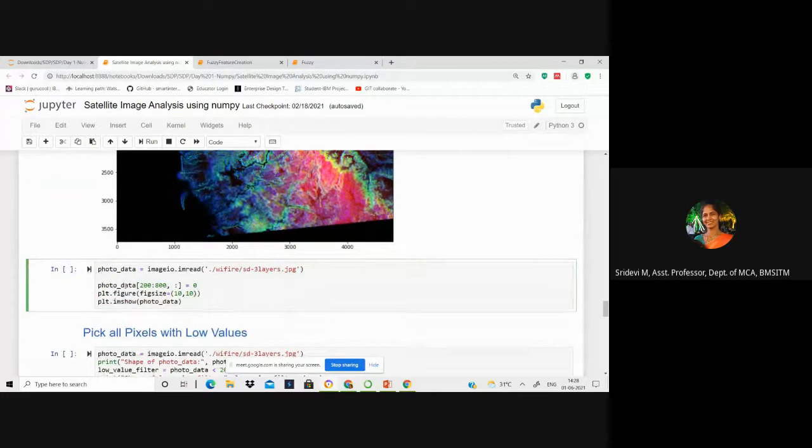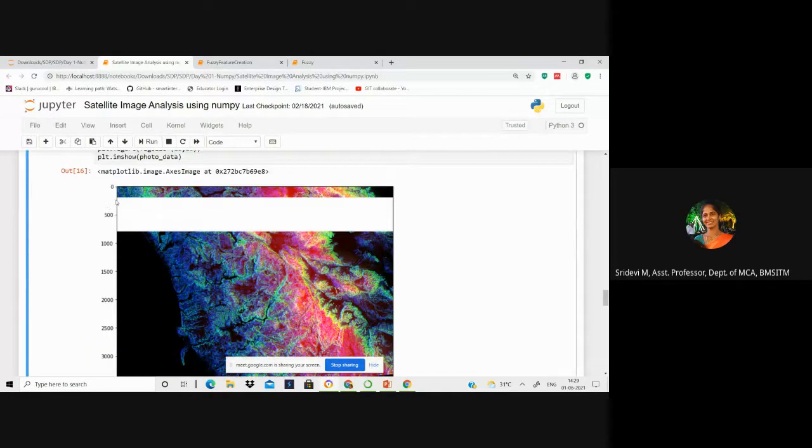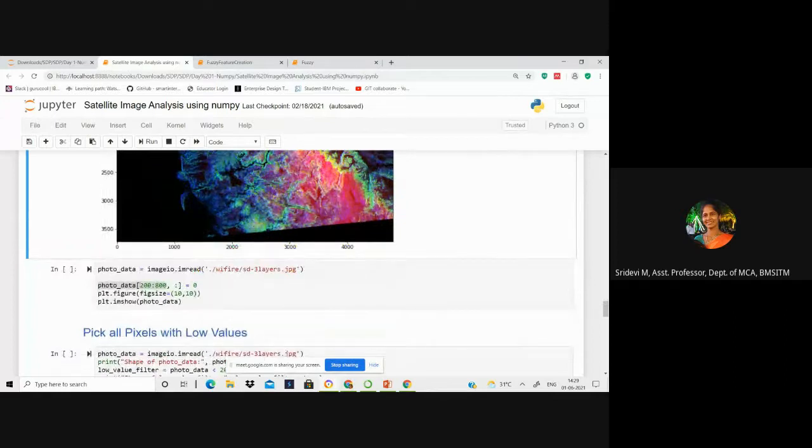Okay. See, on this photo image, you are selecting 200 to 800 rows, means from this row to this row. You are selecting all the columns, means all the values on the picture. Irrespective of the layers, you are assigning 0 value to it. Now, what will appear on the image?